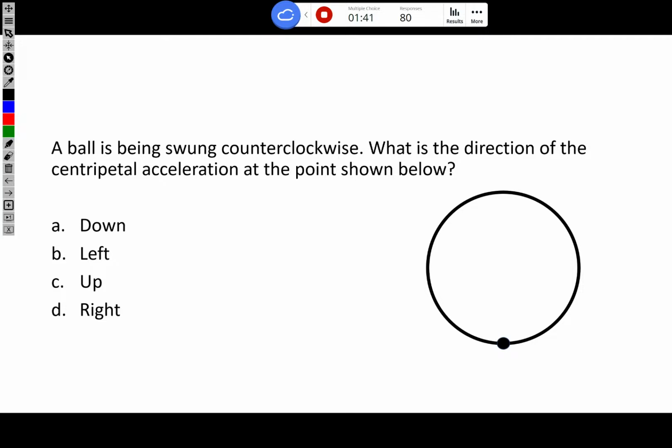There you go, 10 out of 10. Looking good, everyone. I'll close this out in 5 seconds. I think everyone's answered. 5, 4, 3, 2,